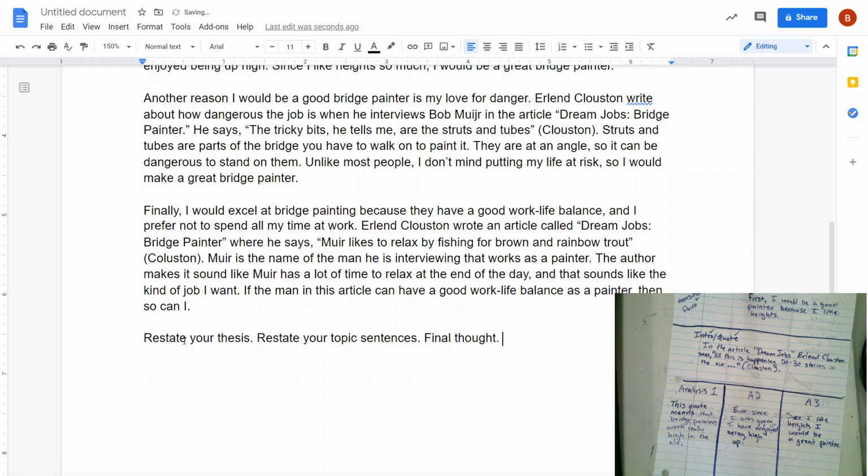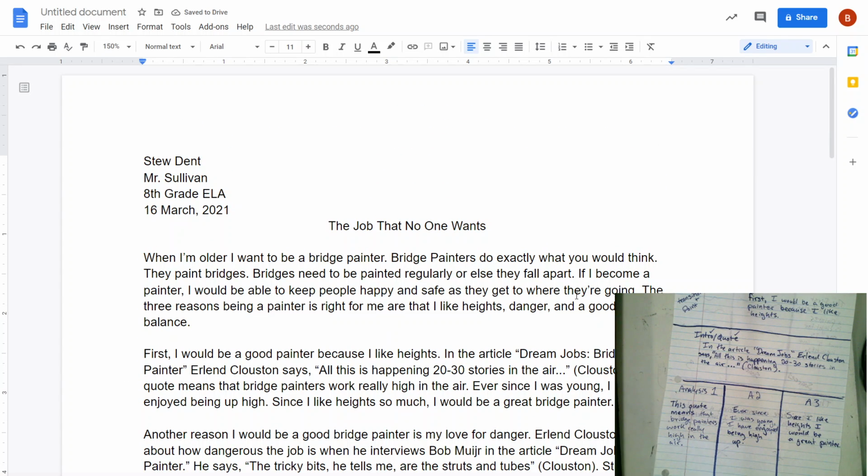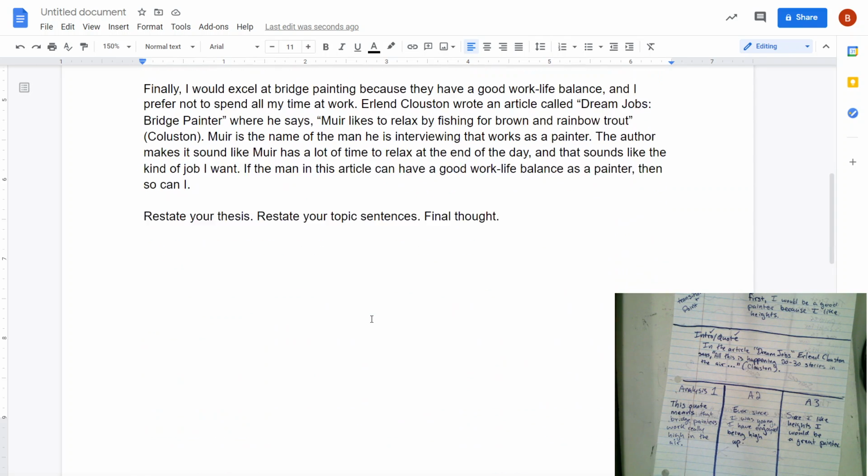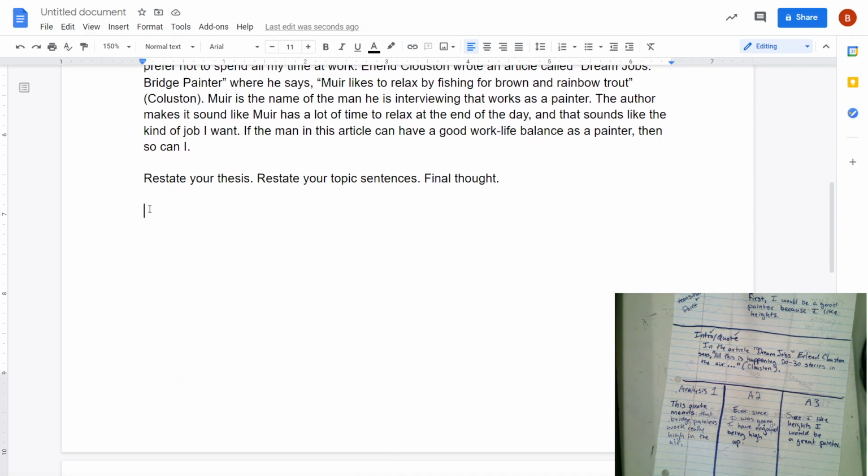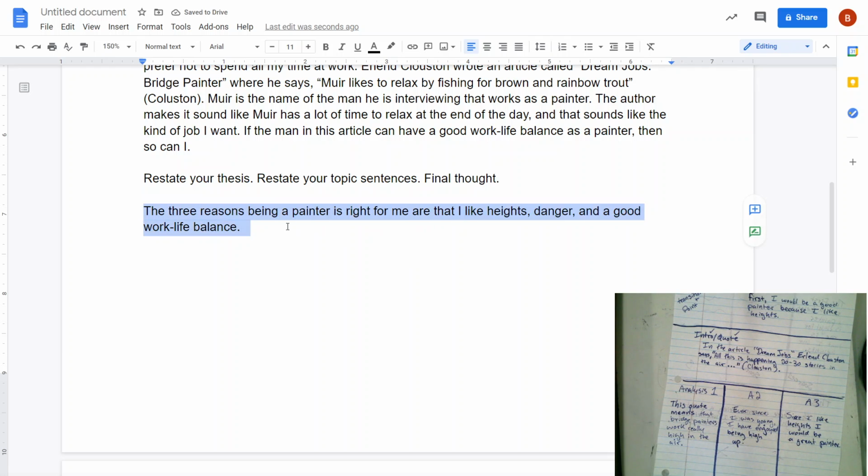Okay, so I'm going to leave that up there as I write mine. So restating my thesis, I can do that by copy-pasting even if I want. But when we say restate, we mean reword. Okay, so if I put this down here, then the question becomes, how do I change this so that it's different? I can say, maybe I want to be a bridge painter